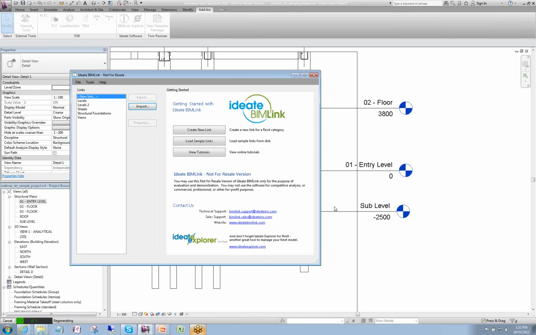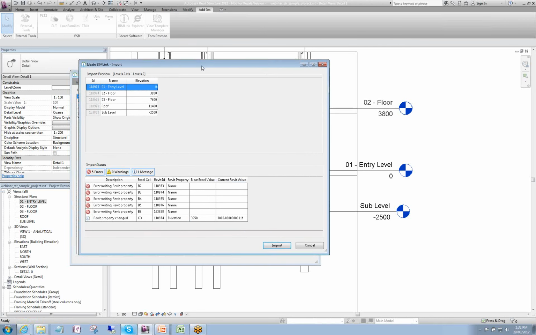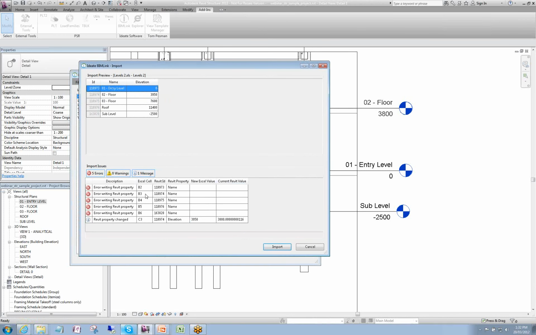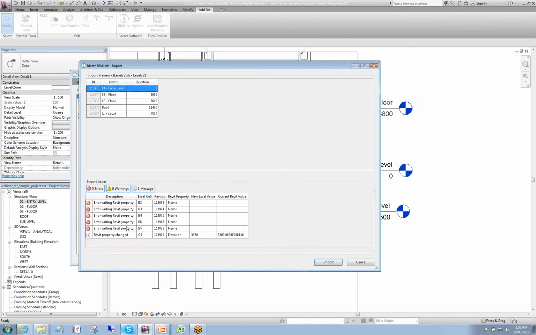Okay, so it's running through the database at the moment, as you can see down the bottom. It's basically telling us there's some errors, which is essentially saying, hang on, I can't rename my levels. But all of a sudden it's saying, well, I've got 5 errors, but I can do that value there. So if I go import,